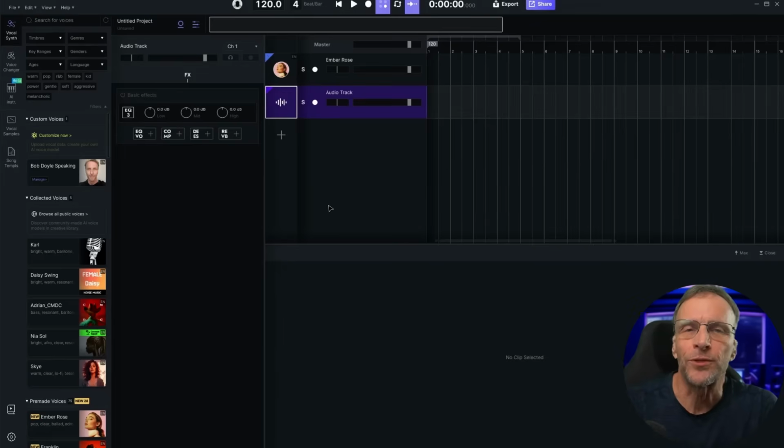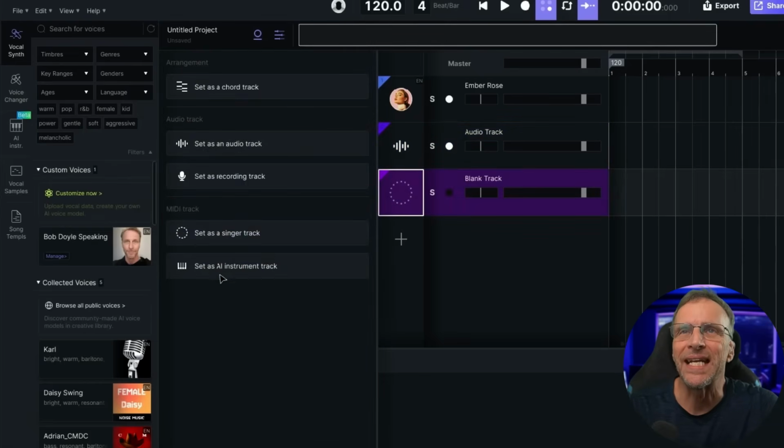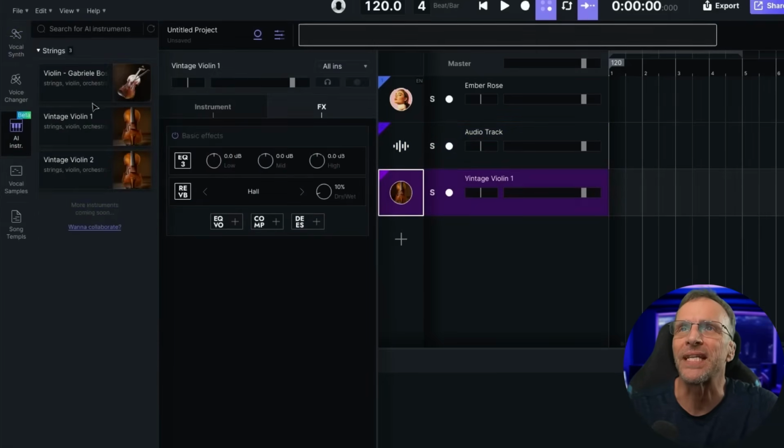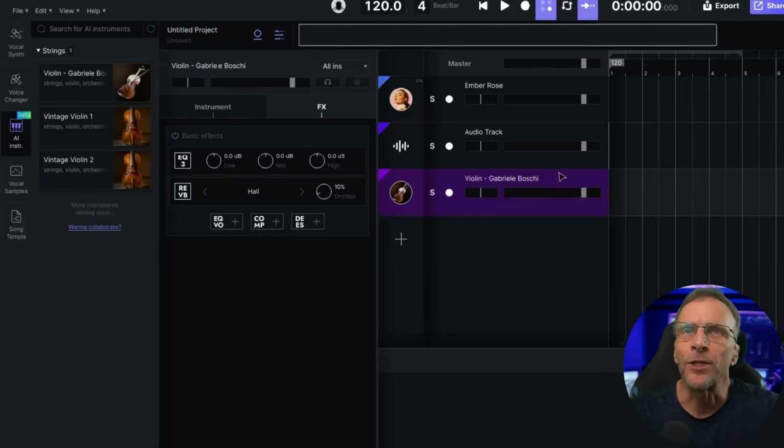Let me just throw in a few notes with the MIDI keyboard like I showed you before, and then I'm going to show you an example of how good this really can sound and how easy it is to use these things. So I'll click Add a Track, and I will click Set as AI Instrument Track. I'm going to go over here to AI Instruments, and you'll see that we just have these 3 right here. I'm going to go ahead and drop in this one that is labeled, and forgive me if I pronounce this wrong,